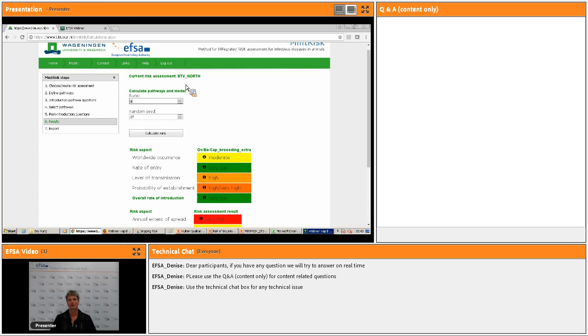So if we want to run a full calculation, we, for example, do 10 runs, not because we do not want to wait too long. You can give a seed so that you can repeat exactly the same simulation if you want to, or you give another number, whichever you want. And then you can calculate this. It takes a while to calculate,